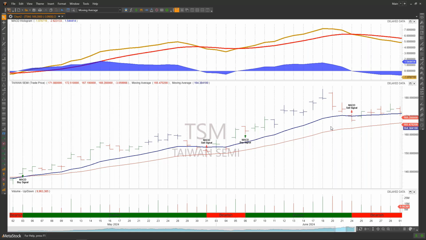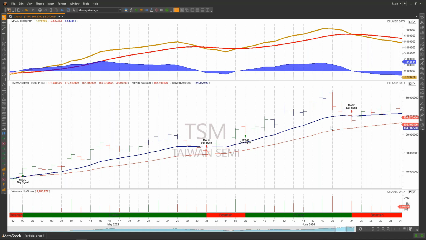Are you bullish on MACD? Do you expect price to go up? If you're bullish, it's potentially a good opportunity for you to buy. If you're bearish, it'd be a good time to get out of a chart. And this should be pretty simple. Hopefully it's simple. If it's not, it's because I'm not doing a good job of explaining it.